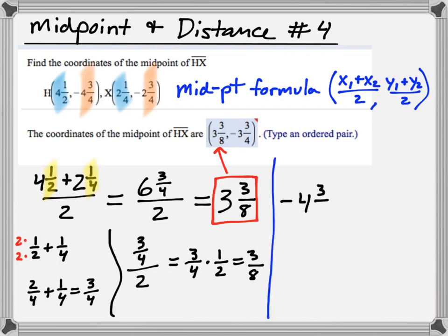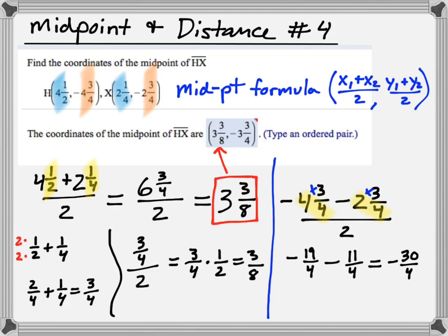My y-coordinate, I'm going to take a different approach, and both methods work. I'm going to turn these into improper fractions by multiplying the whole number with the denominator and adding the numerator. So I'm doing 4 times 4 plus 3. And then on the left one I'm doing 4 times 2 plus 3, which turns those numbers into negative 19/4 minus 11/4. And now you'll notice common denominators, so I'm just dealing with the tops, and I get negative 30